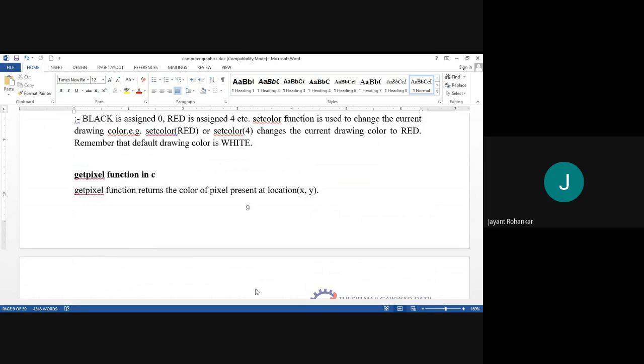Now we will see the code of this experiment number 1, which is written in C. So I will stop this presentation. We will see the program.